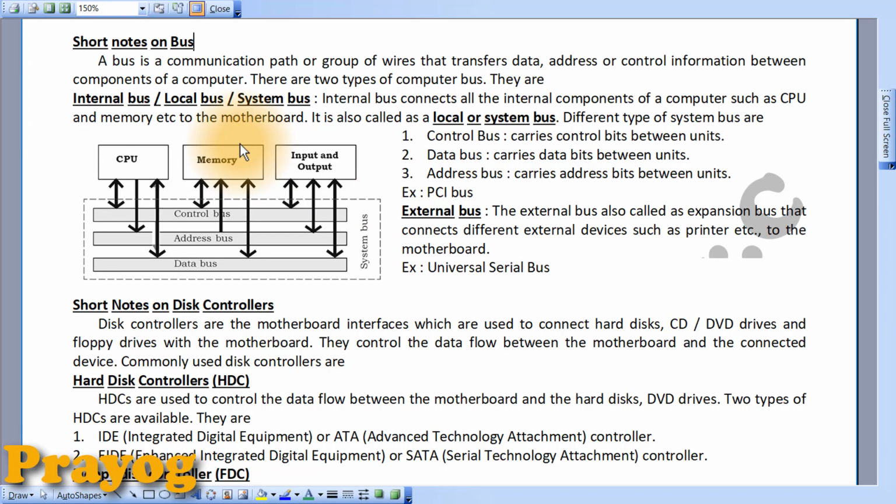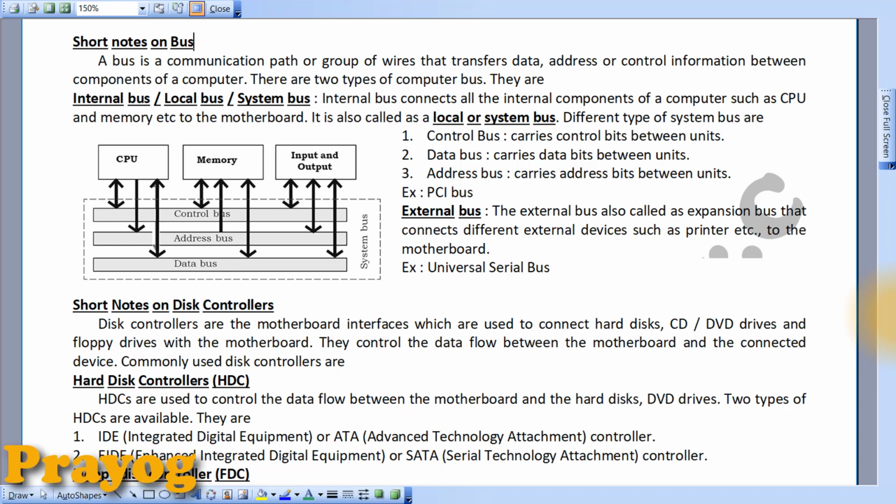Consider a live example of printing a document on a PC. The document is nothing but a file located on the secondary storage medium, that means the hard disk or even a pen drive or a DVD or whatever it is. When you try to open the file, the location of that file has to be mentioned.